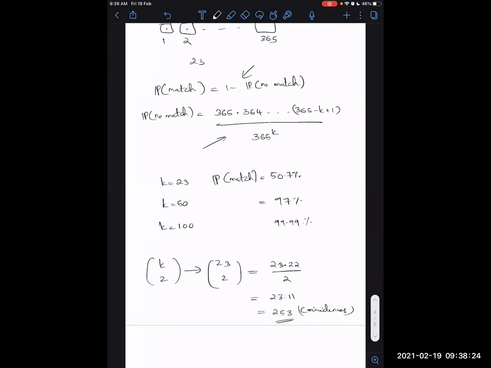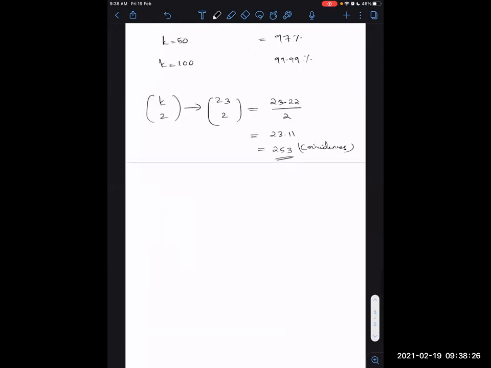And to make things more complicated, I can ask the following question: when people have a birthday one day apart, as in, say someone has a birthday on April 1st, and someone else has a birthday on April 2nd, what is the probability that this can happen? Like two people having consecutive birthdays. And how many people do you need so that you get a 50% chance?